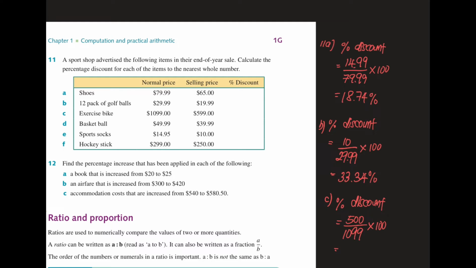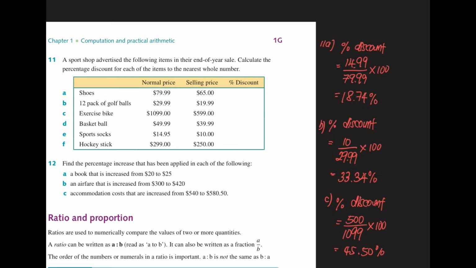Okay, so divide by 1099 times 100, 45.50%. Okay, so I just recall back just now the question want us to calculate the percentage discount to the